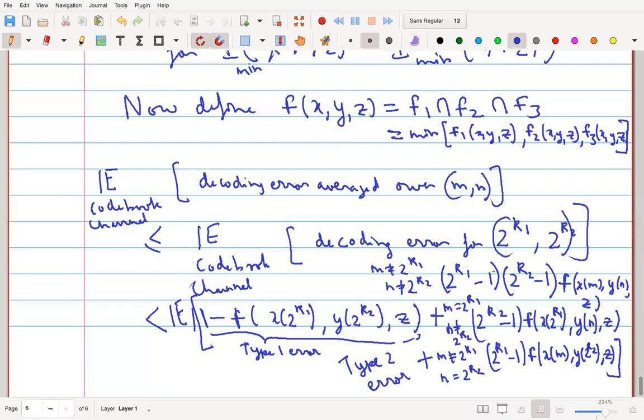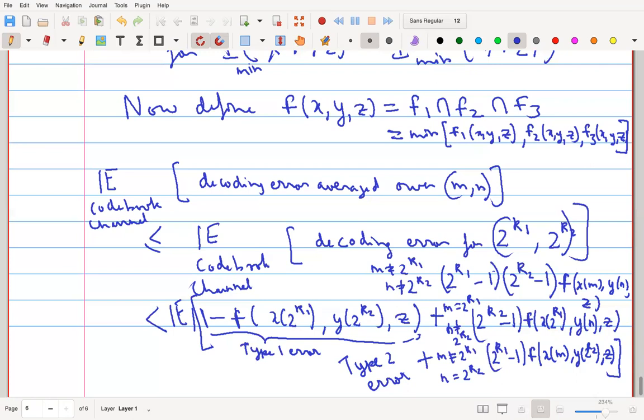So is this clear to everybody? Hari, is this clear to you? Yeah. Have you read this part of the analysis from El Gamal and Kim? No. Not okay. So the same kind of analysis is done, and now you can see where the three constraints are coming from, really speaking.